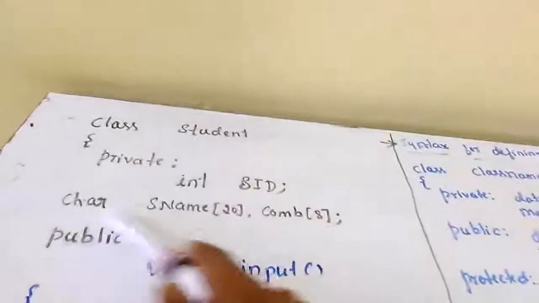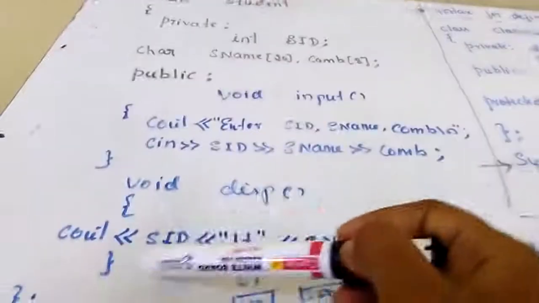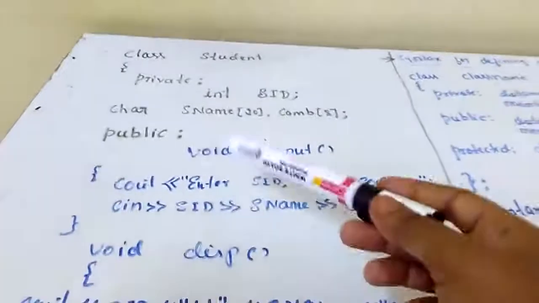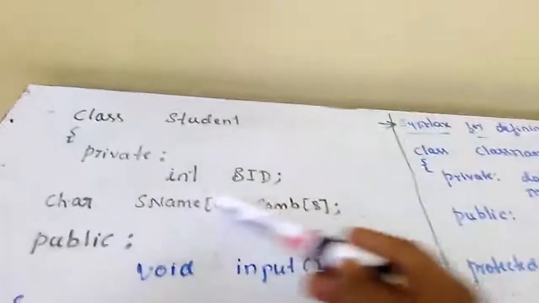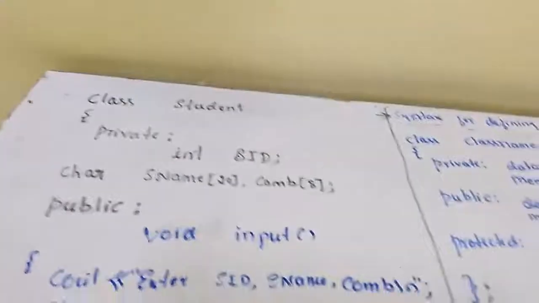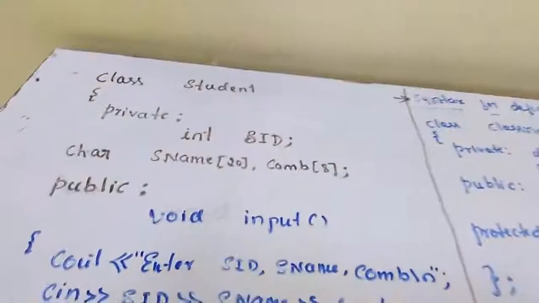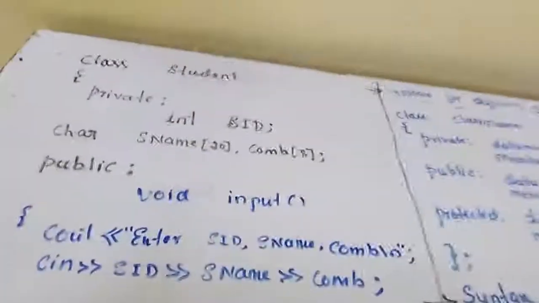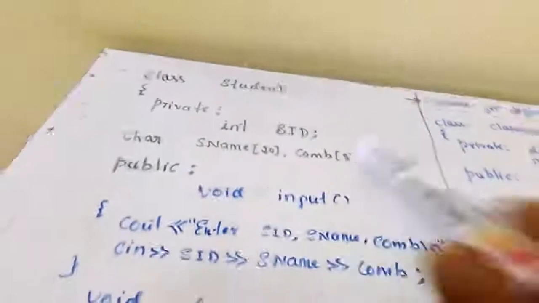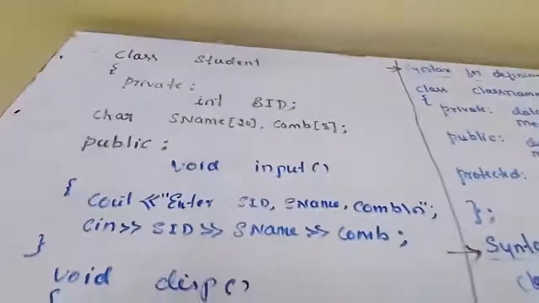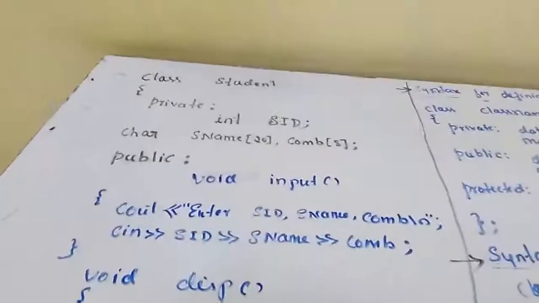This is the way to create our own data type, and the class contains both variable declarations and functions. These two functions we have defined inside the class are called member functions of the class, and these are the data members of a class. How do you refer to the members of a class? This is a 1 mark question. We refer to members of a class as data members and member functions, whereas in a structure, members means only the data members. In a class, members means both data members and member functions.